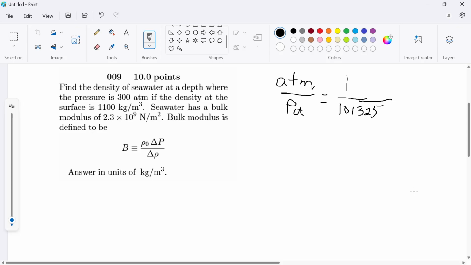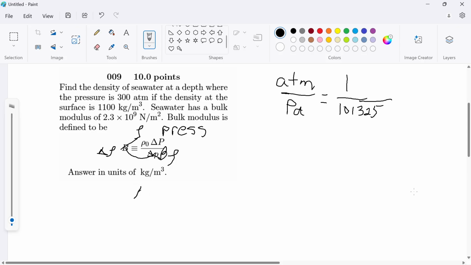Bulk modulus is defined to be, this is the initial density, this is the change in pressure, and this is the change in density. So I can solve this equation for the change in density and then add that to the initial density, and that would be the answer. So if I multiply both sides by change in density, and then I divide both sides by the bulk modulus,